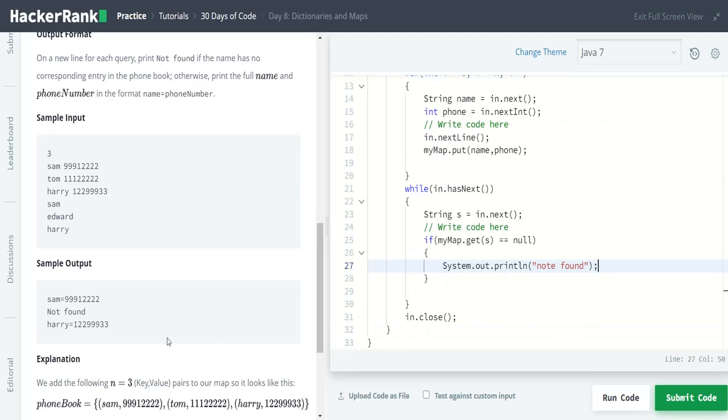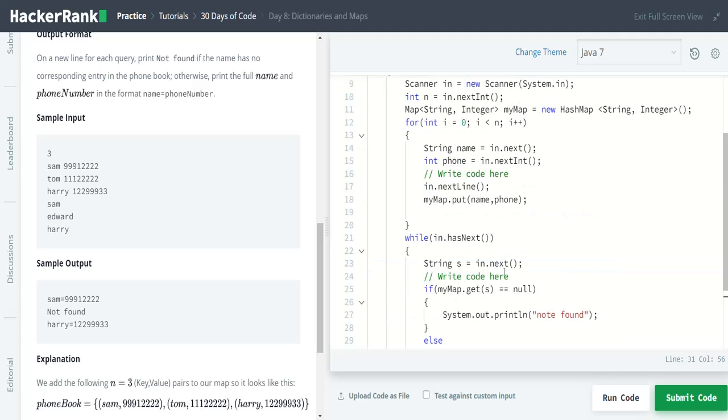If this element is not present here, it should print not found. And next, else must be written. So in the else part we will write System dot out dot println. Inside this, s is a string, we will concatenate, no spaces are there, so we will directly write like this: s plus equals plus myMap dot get s, semicolon.